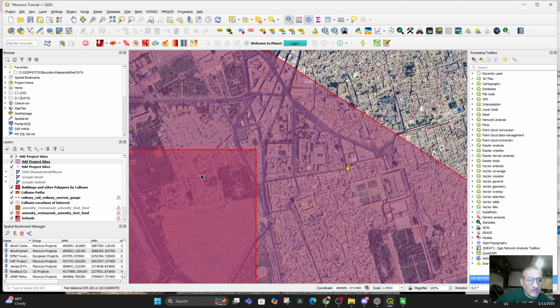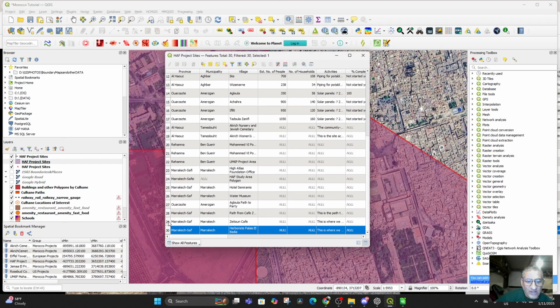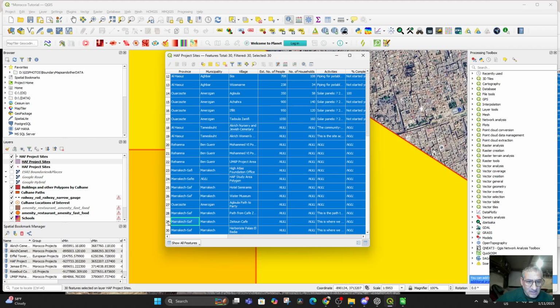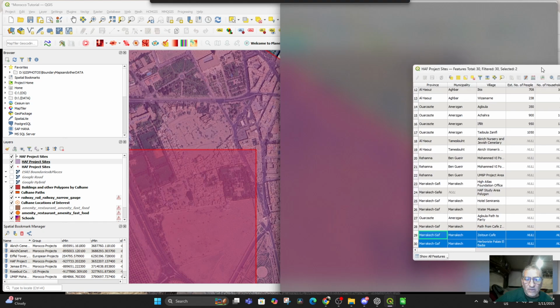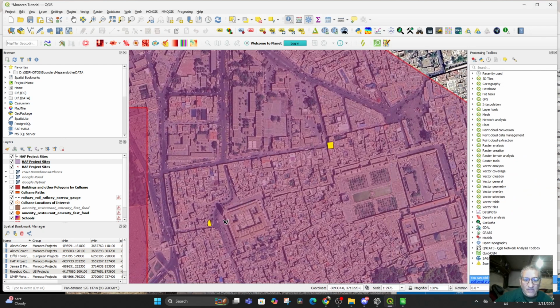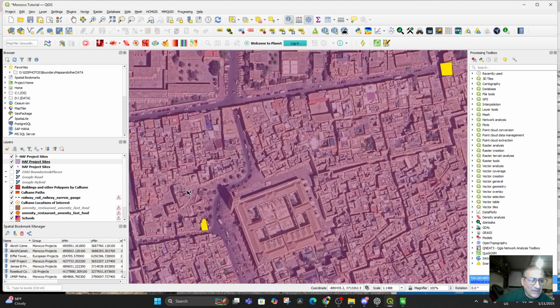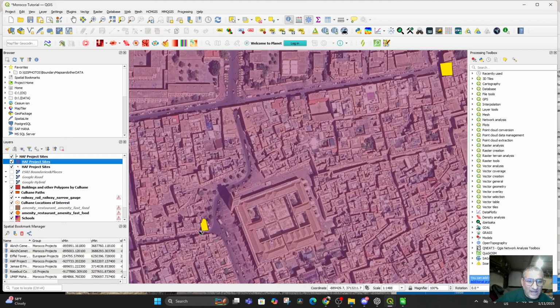so the other building, if I go back to HA Project Sites and go to the attribute table, is going to be the Zaytoon Cafe. Oops, I only want those two. That one and that one. And now you can see both of those images there. There's the Zaytoon Cafe where we ate. Turn that off, you won't see them at all, but that's the Zaytoon Cafe, and that is the